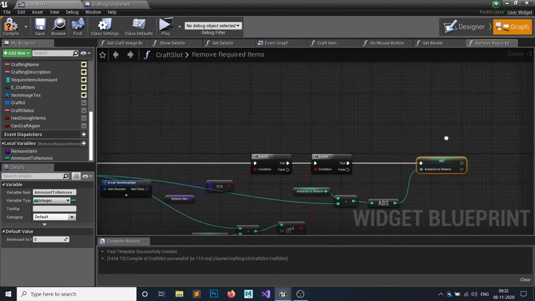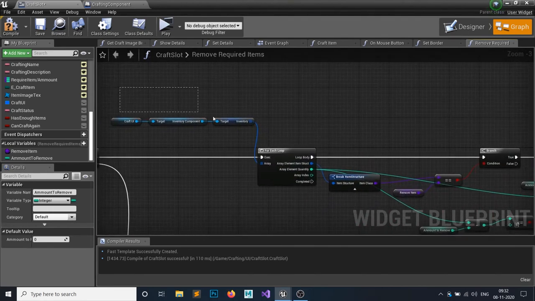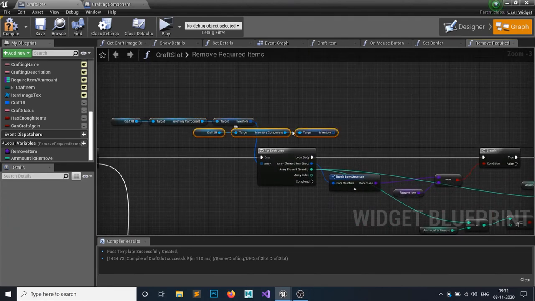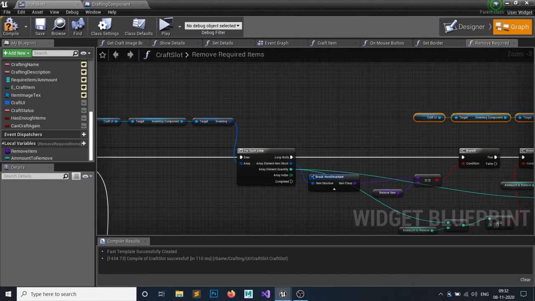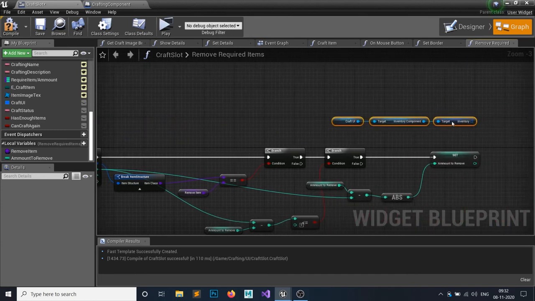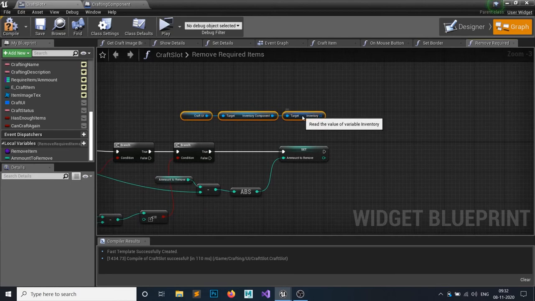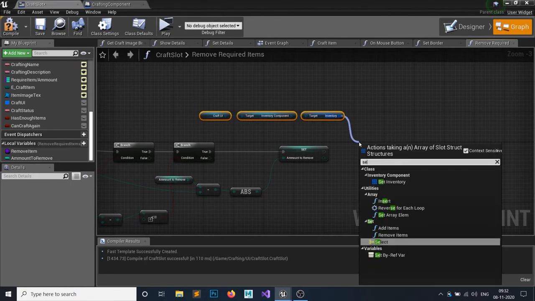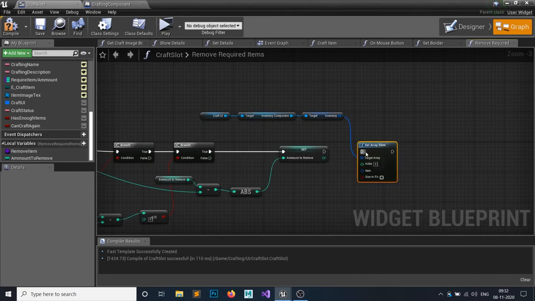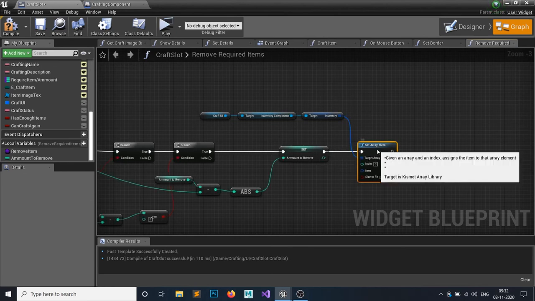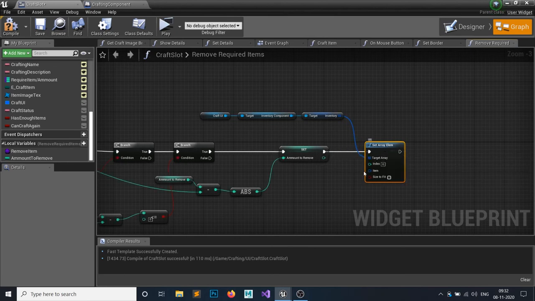And then where it was, this guy, I will simply press Control W to duplicate this, because I want to set an array element for this inventory. Set array element. The array element I want to set, so let me just split it out.